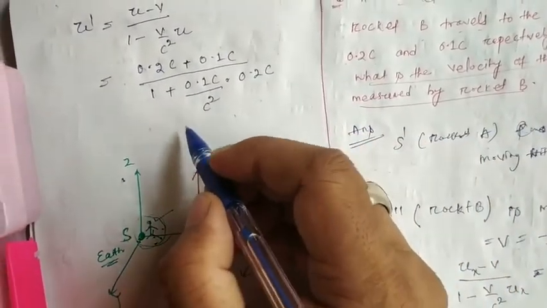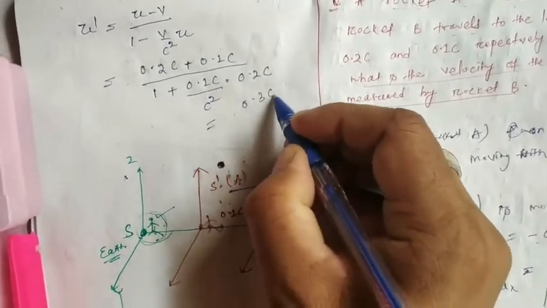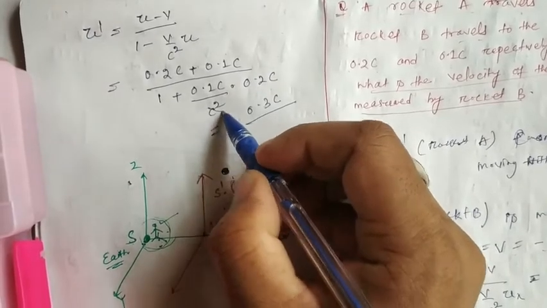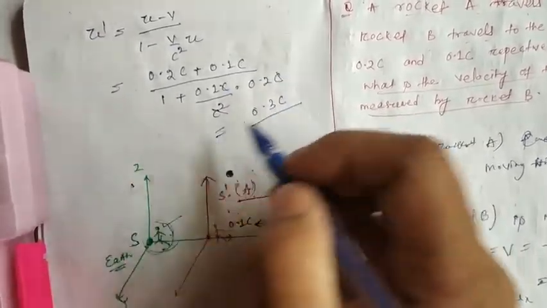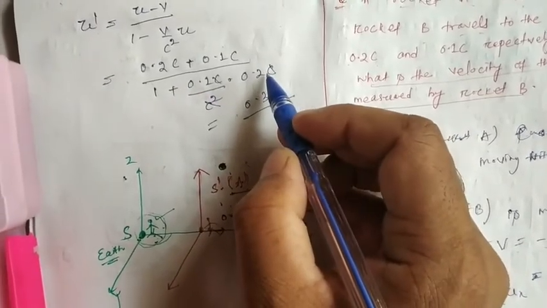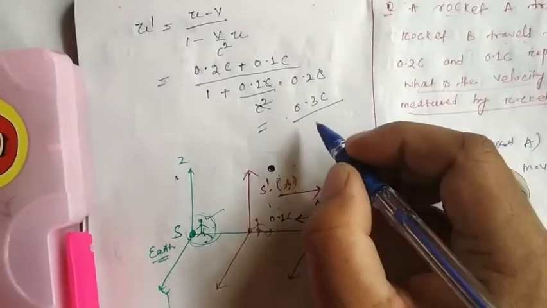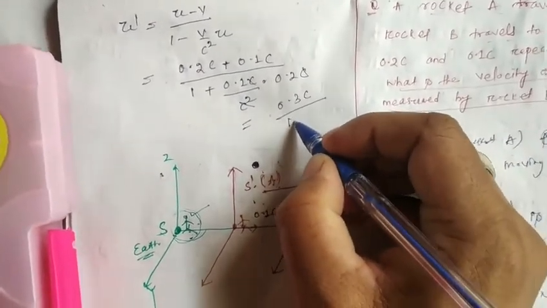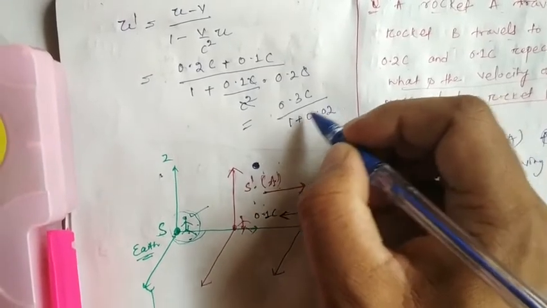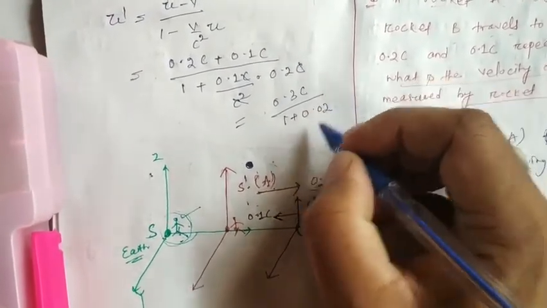So the numerator value is 0.3 c, divided by 1 plus, here c square into c square, this gets cancelled. 0.1 into 0.2 value is 0.02. That means 1 plus 0.02. So after simplification we can get